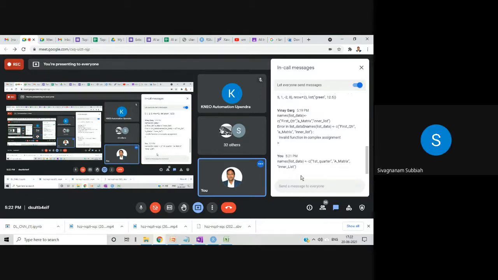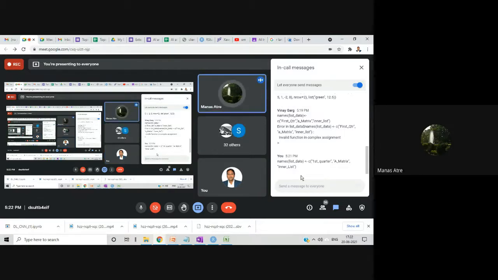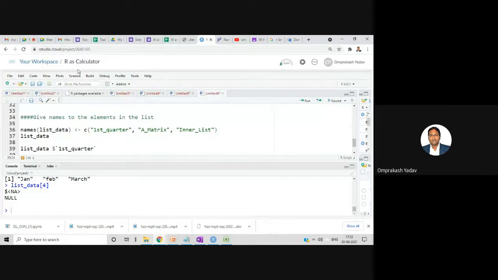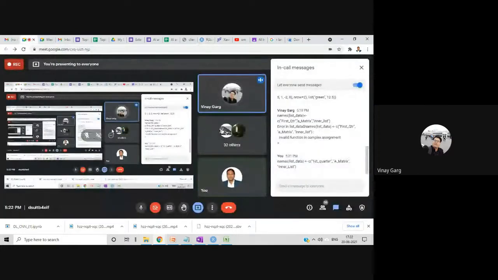The error might be in the list data created by him. Yes, now it's coming. So have you understood what the problem was? No, the code was the same.